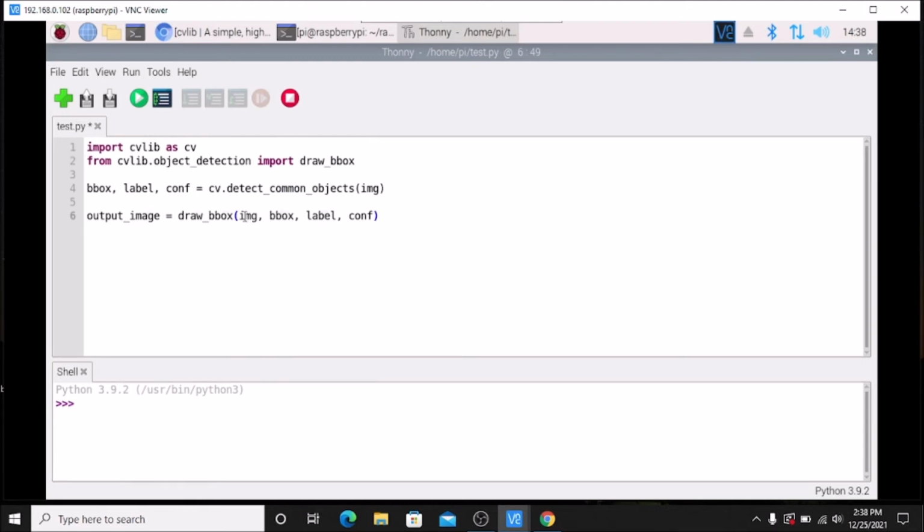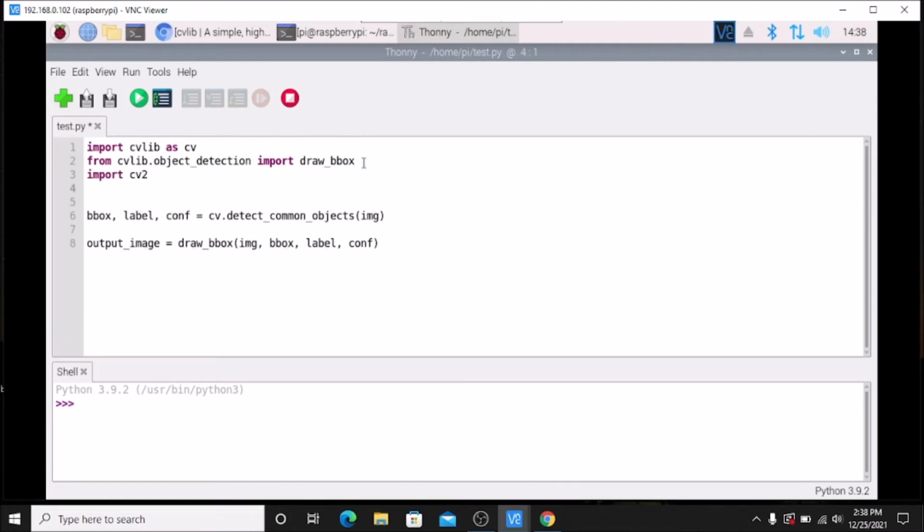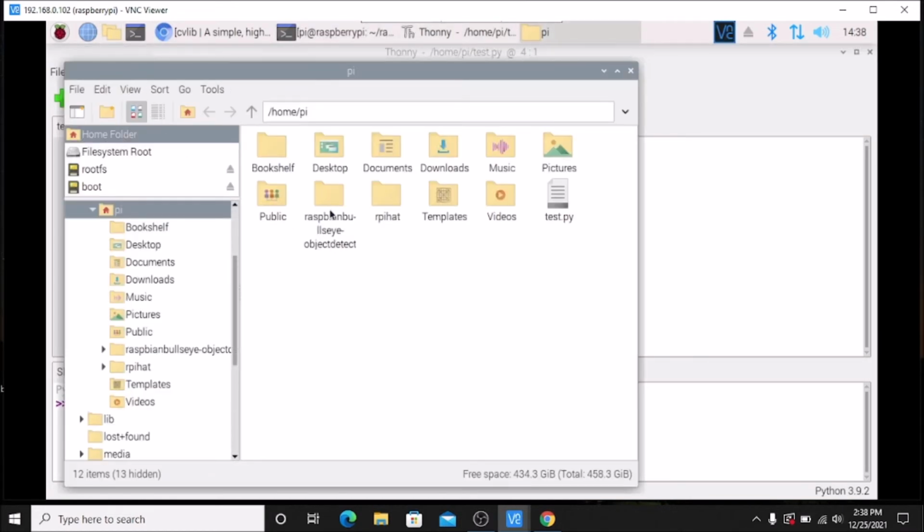Now we are going to make some changes inside this basic code. First, we simply want to import cv2. So import cv2. Then we first want to get our image. Basically we want to read the image. So if I go here in the file manager, this is the folder which we have cloned, the Raspbian Bullseye object detect.